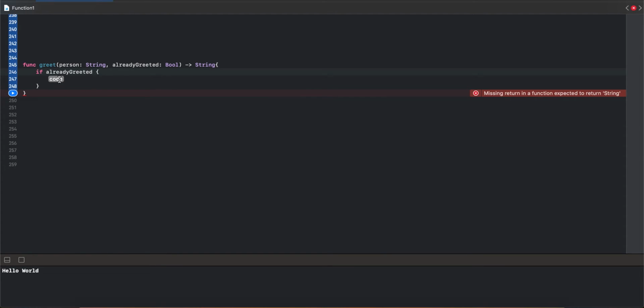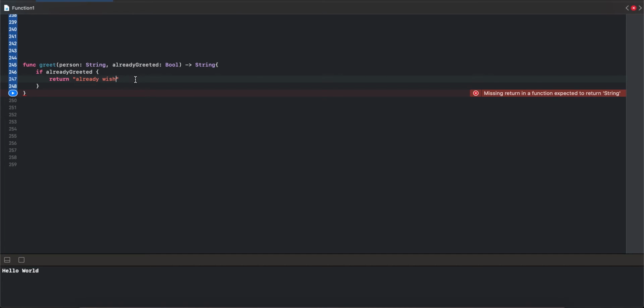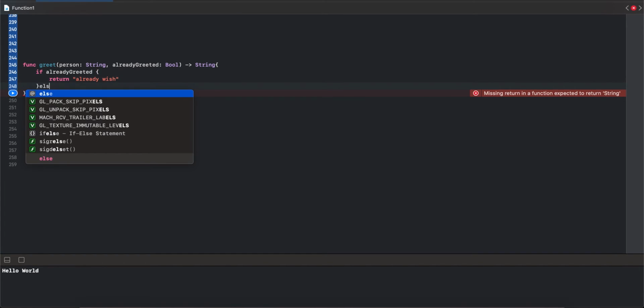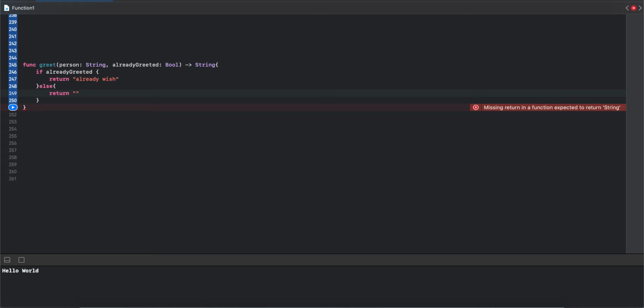Then we create an if condition: if alreadyGreeted is true, then return "already wish"; otherwise, else, return "no wish".